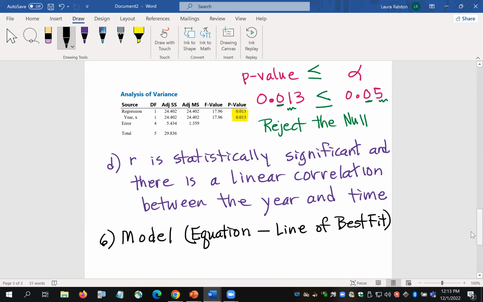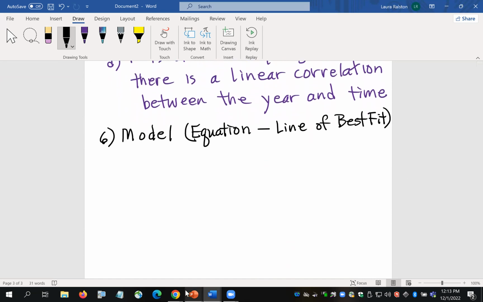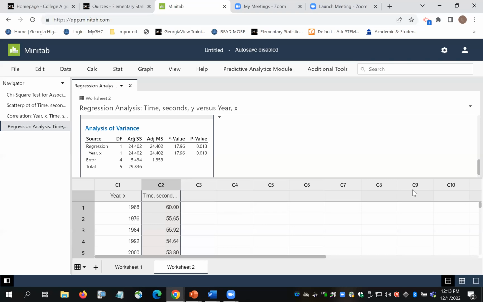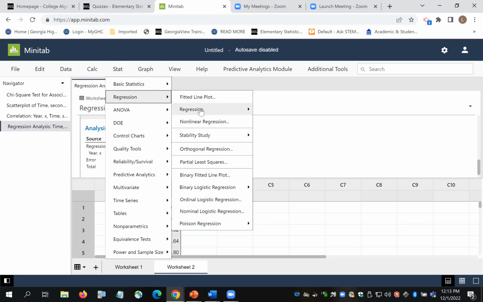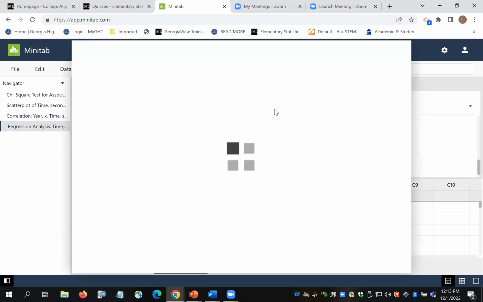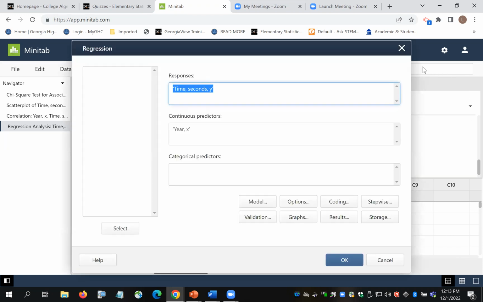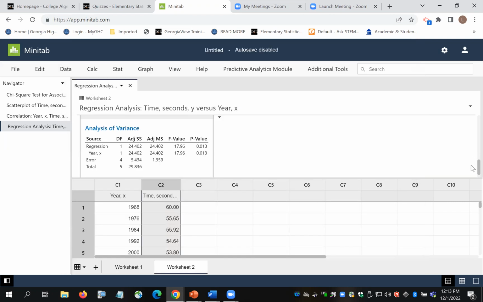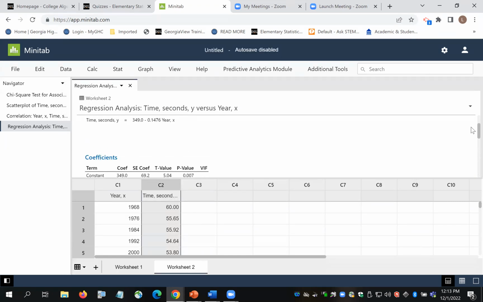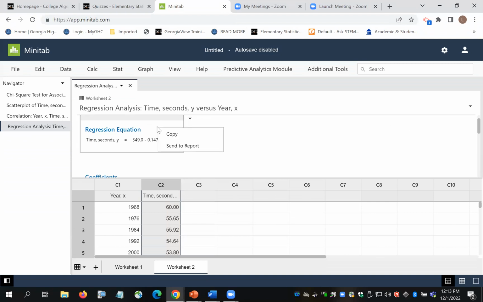And again, we actually already have that in Minitab because we did stat, regression, regression, fit regression model. And once you do that and get your results under the header regression equation,